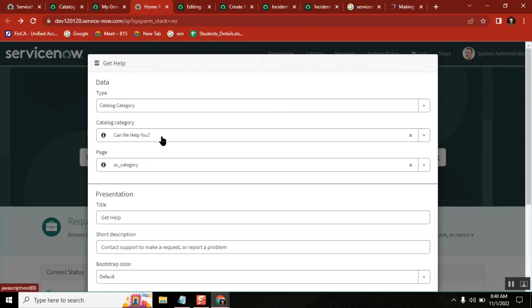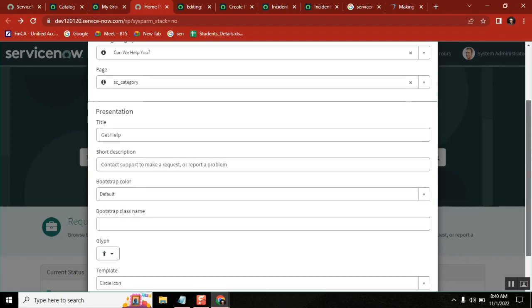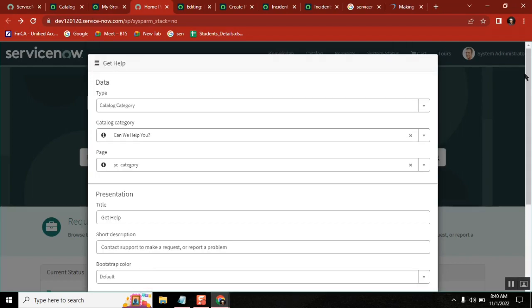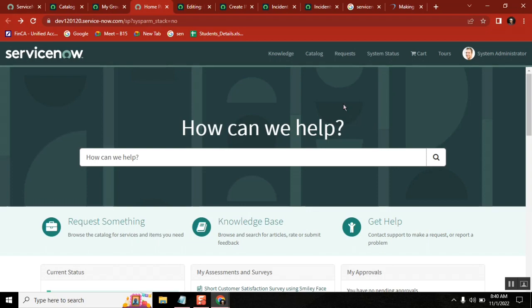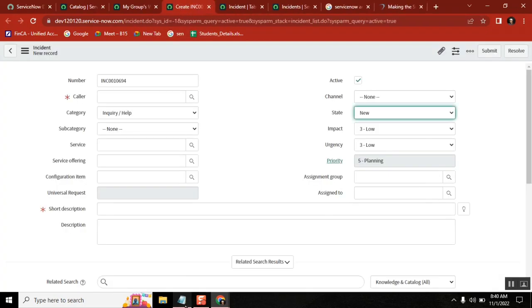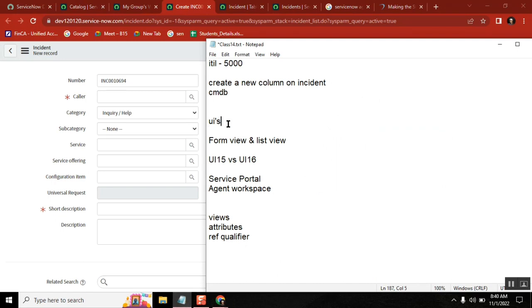Don't touch this one now. How can I help you, I want to change it to something else, page category, these are the basics. You can change it and play with it, but not now. Once you know ServiceNow 100%, the basic part, then you can go for it. Now, in the form of views, we can discuss these things. These two are advanced, not required for us, but I'm just introducing them because you are hearing, do you know service portal, do you know this one, do you know that one. You should not be confused. Next thing is